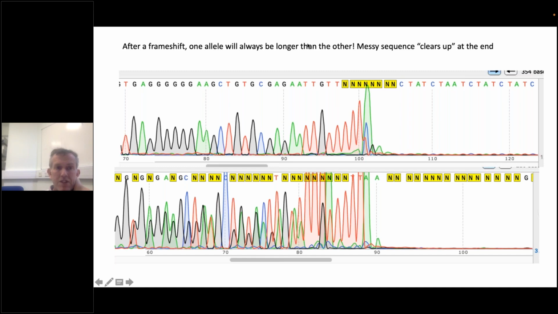And since one allele will always be longer than the other when you sequence two alleles which have a frame shift, it means that the messy sequence that you have over here at the very end of your PCR product will clear up and become clean again, because there's only one PCR product left that you're sequencing. And that means that you can actually find back patterns over here.